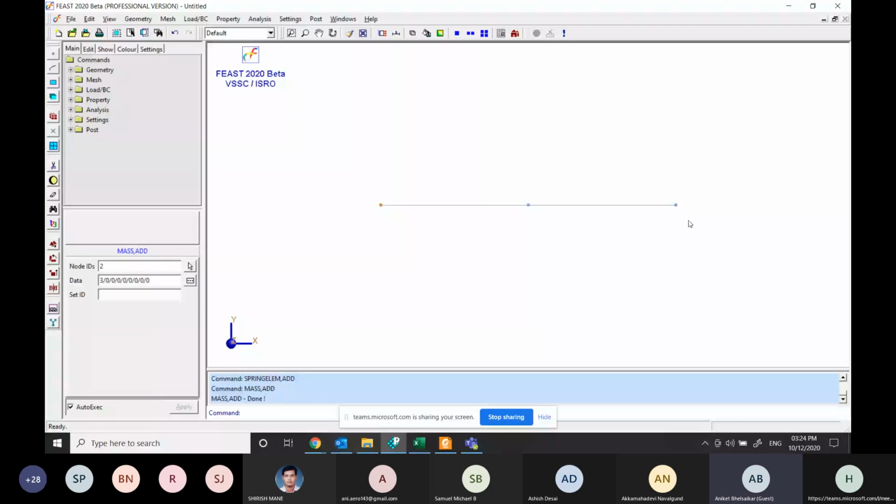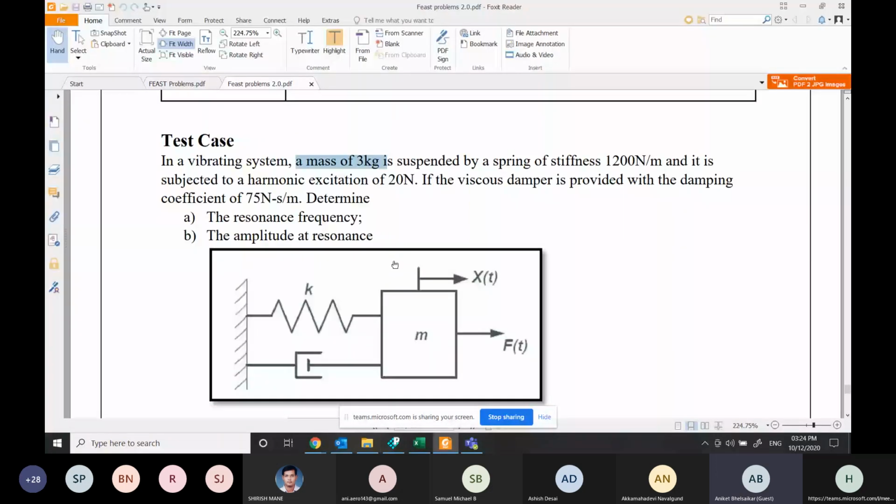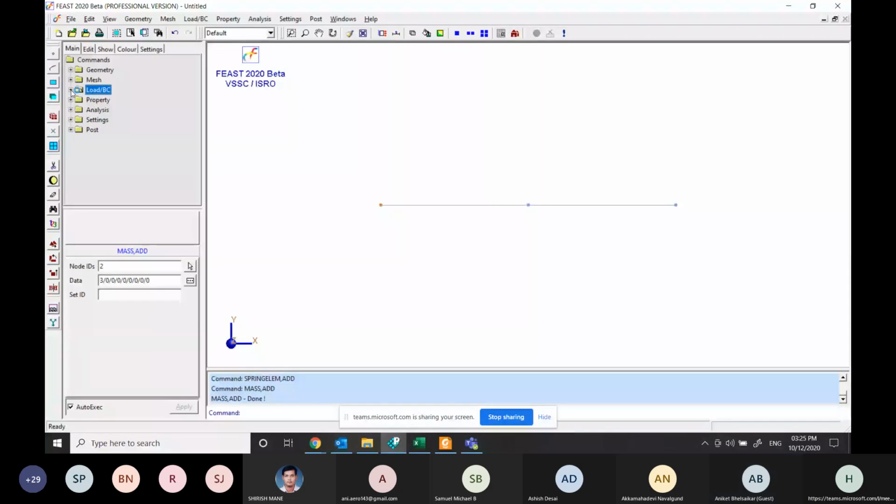Now we have to give the fixity conditions. So in the PDF you can see the fixity conditions can be applied to the one side. So you can see on the left side we have to apply the boundary condition where all degrees of freedom will be 0. So I'll go to load structural displacement and add.